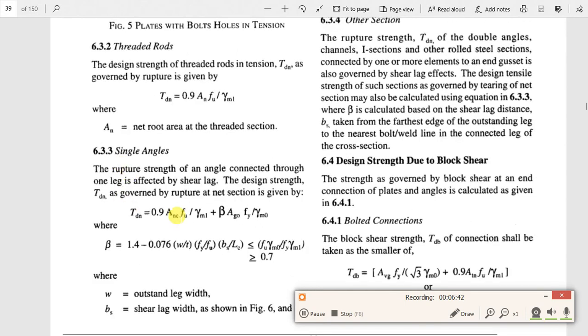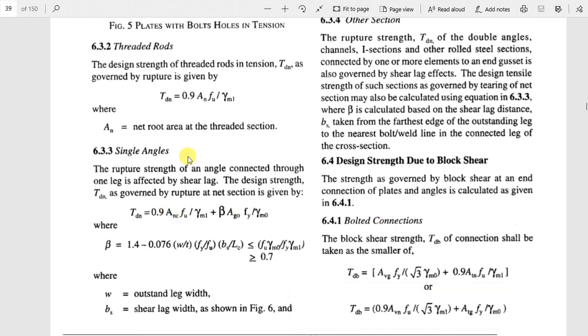Remember, this is applicable only for single angles. So what if you are using two angles? I showed in the earlier figure that two angles are used there. So how can we get the TDN value for two angles? This formula is only for one angle. If you are using two angles, whatever value you get here, multiply it by 2 or double it. That's it. You will get the value of TDN for two angles. So this is very, very important. This formula is only for one angle. If you are using two angles, whatever value you get using this formula, I have to double it.